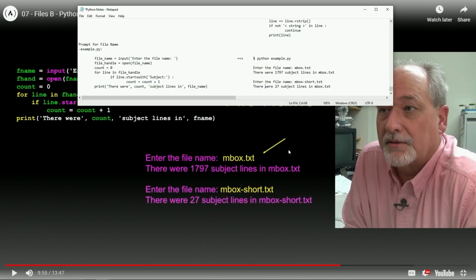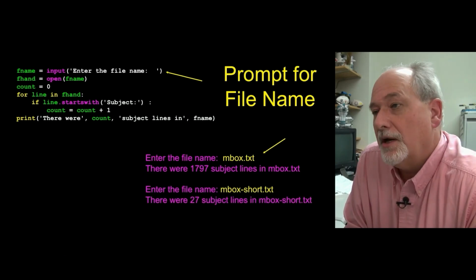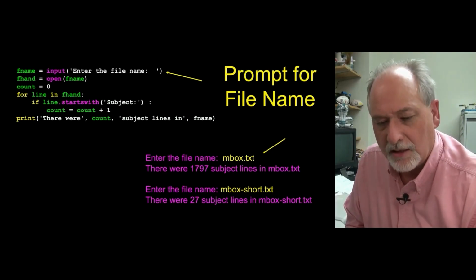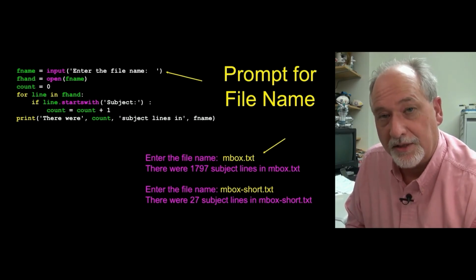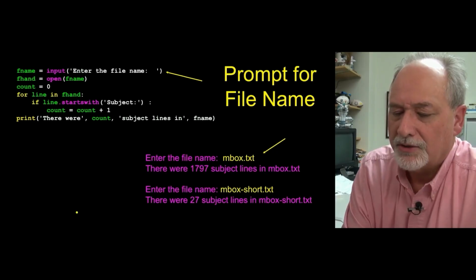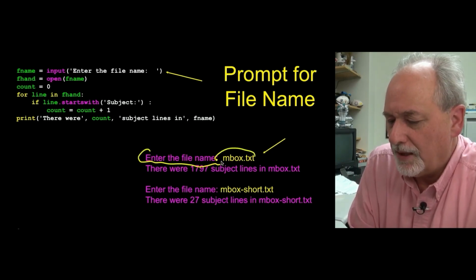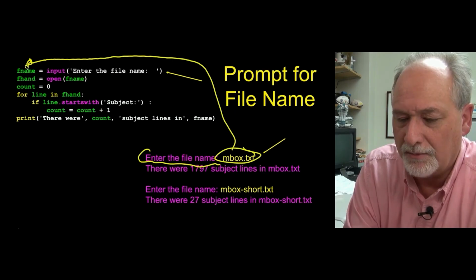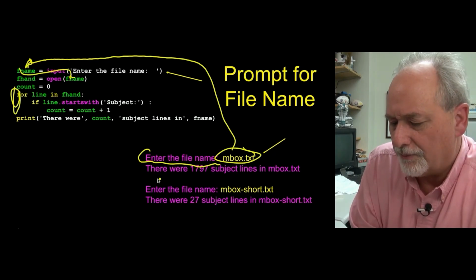Okay, so we've got this list. I haven't even talked about it. Often I give assignments where I say, show me how this program runs on the short file, and then show me again how it runs on the long file, just like this. And so the way we do that, to input the file name, instead of making the file name be a constant to the open call, we make the file name be an input. So we just run an input statement, which gives us a prompt, and then we type inbox.txt, and then that shows up in this variable fname. It's of course a string all the time, and we pass that into open, and then we open it, and then we do, you know, the count operation.